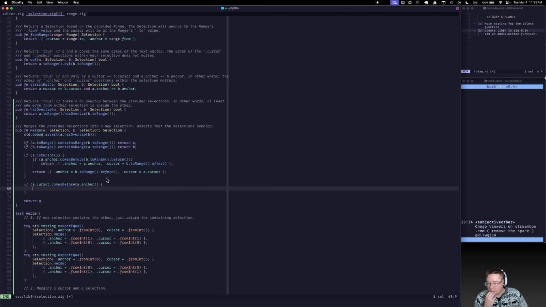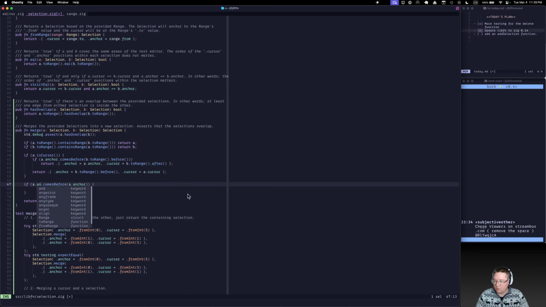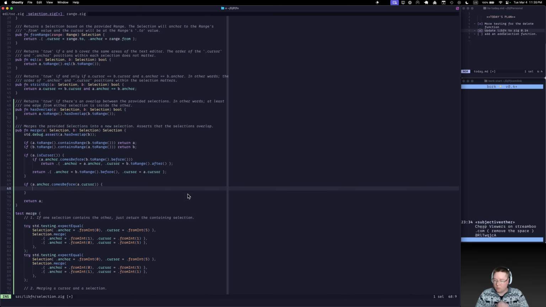Okay, so we established that they do not overlap, so we can safely do something else. This feels a little bit more natural. Do it this way. Here, we've guaranteed they don't contain each other, so